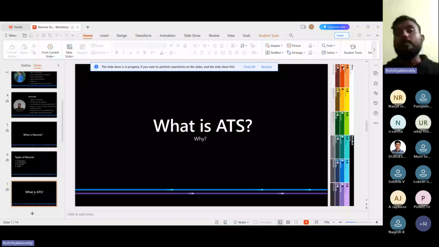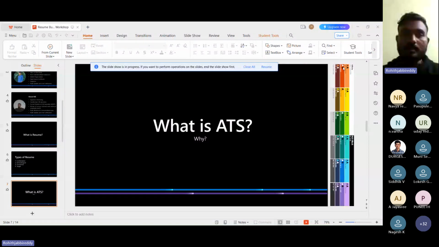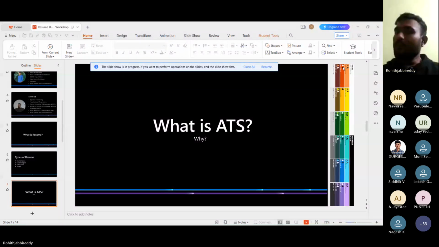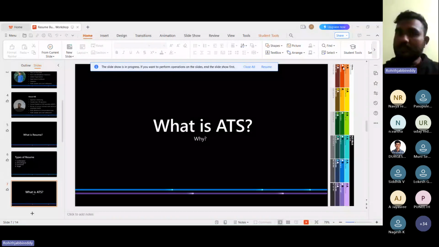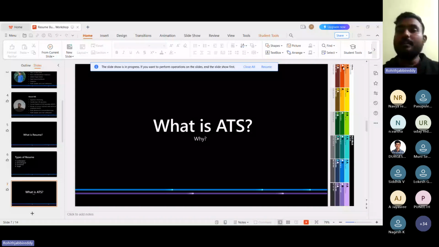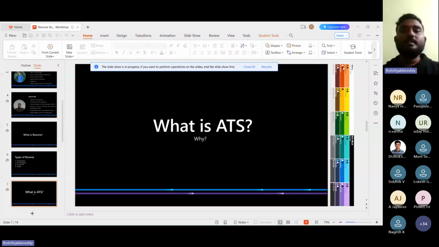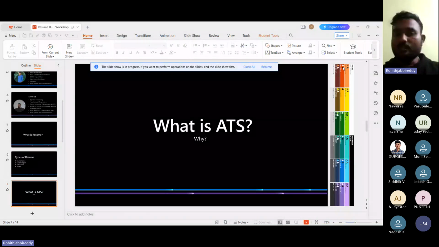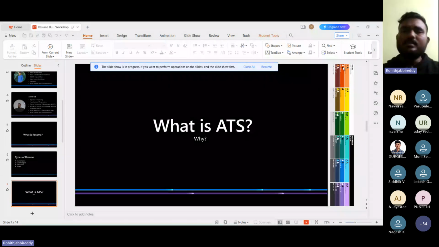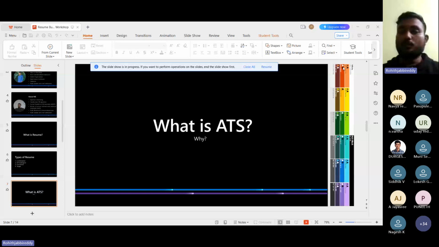If the ATS resume is good, it will go to the HR. When 10,000 applicants send their resumes to the HRs, it will screen and shortlist the resumes that are friendly with the ATS. Your skills should match, your keywords should match, your contact information should match, and the qualifications should match. Everything should match with the ATS. There are many things that you should and should not do with the ATS. Let me explain about the